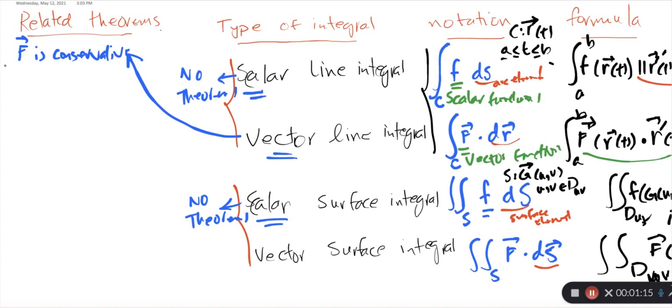That's when curl of F is equal to the 0 vector and F in the domain has no holes, or it's simply connected domains. For two-dimensional it means it doesn't have any holes, or for three-dimensional means that